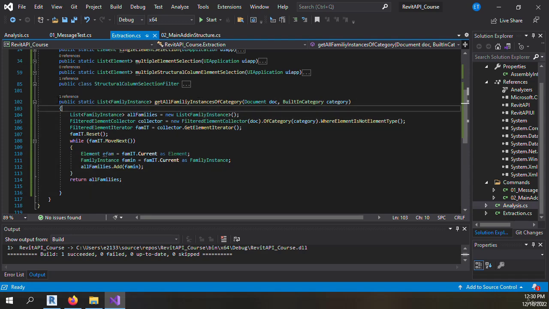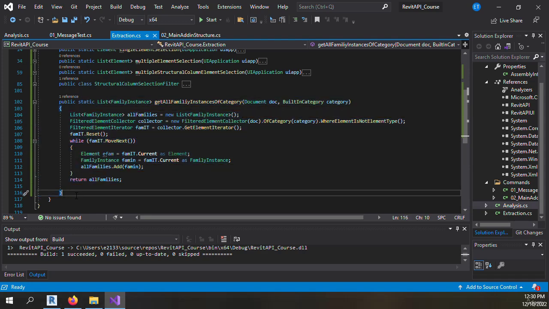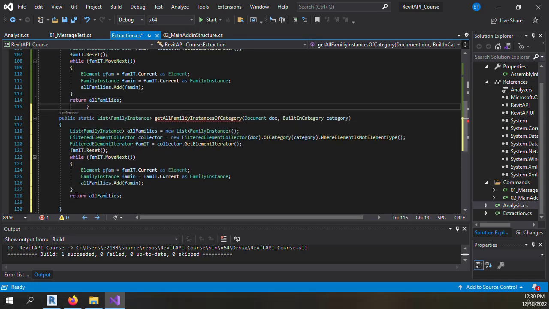We can reuse the same settings, so I'm just going to copy this one. Mostly what happens is that you add a new type of function, and you just check that the name is properly set. So let's say we want to have family symbols. Get all family symbols